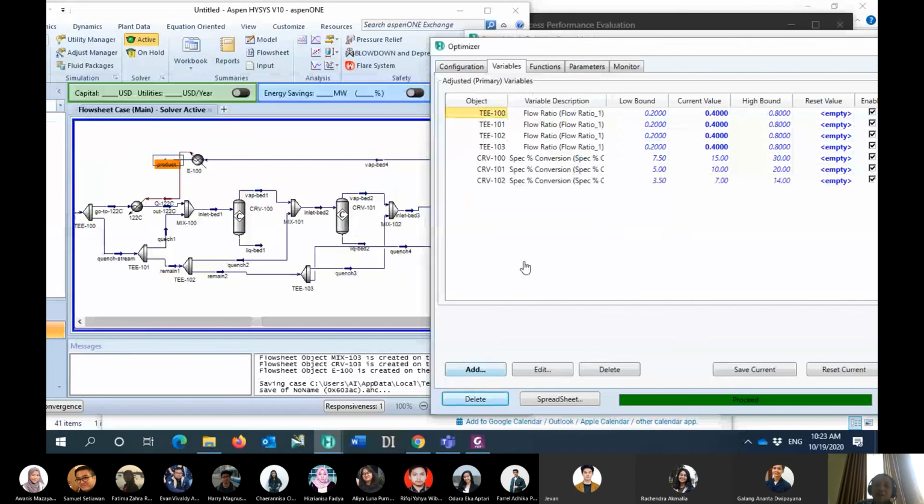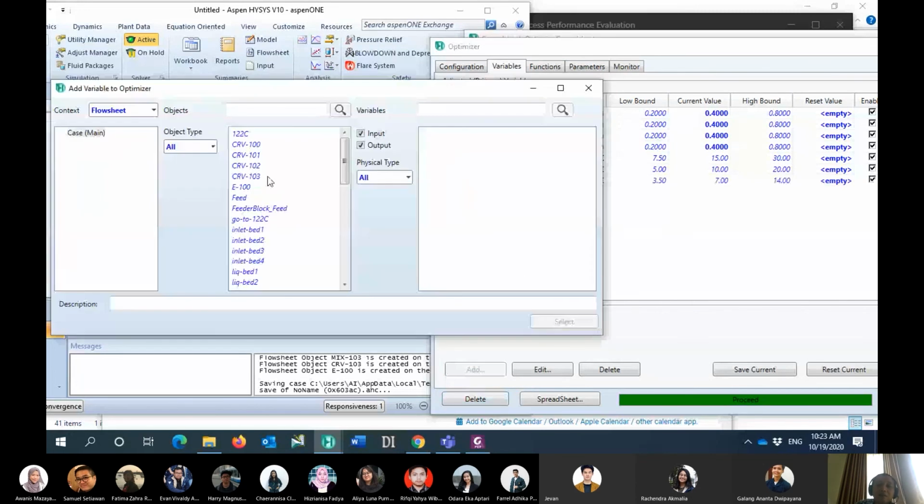This one is 7. Then I click select, and it will be 5.